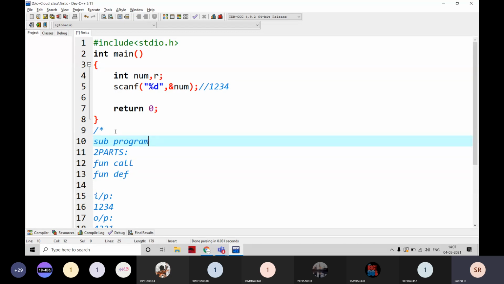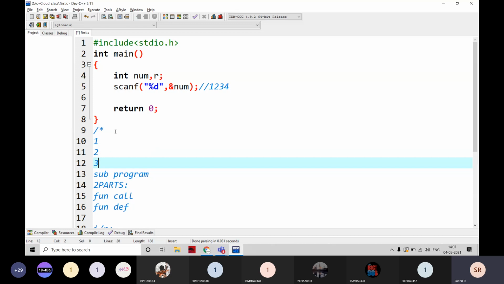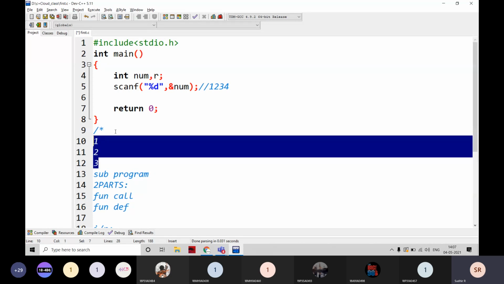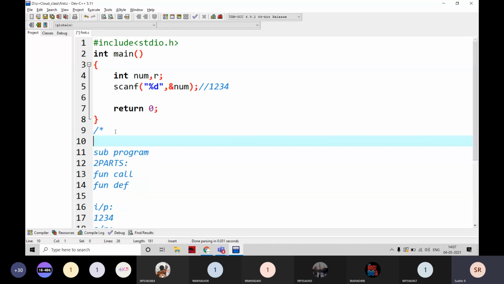We are dividing a big program into simple tasks, and if I want to do the same task again, I'm going to work with that. For example, these three lines of code, if I have to write them more than one time, I'm going to put all this code in a block and call it whenever I want. That is going to be a function. That subtask, finding whether it is even or odd, is going to be a function.